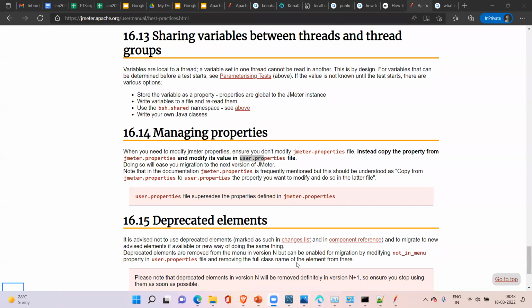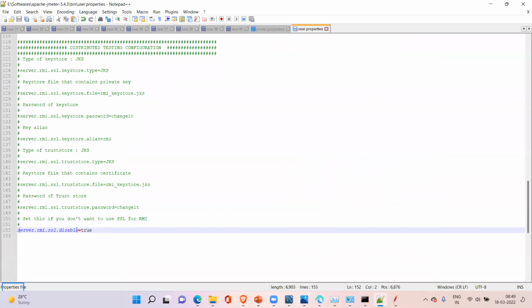Okay. Good question, actually. Note that. Actually, I did not disable it, so I'm not 100% sure. I think we have to change it in all the slave machines also. Now we have to change it in slave machines also. The approach that I follow is that I will not use this property, but I will use the JKS file only, copying the JKS file only.